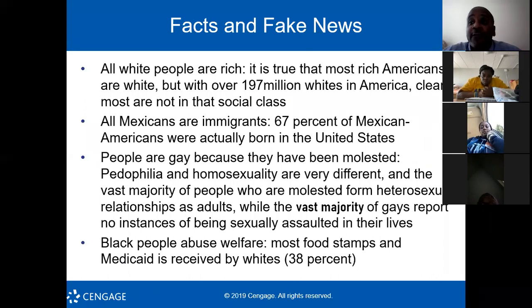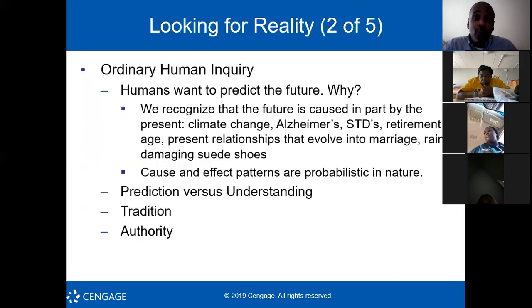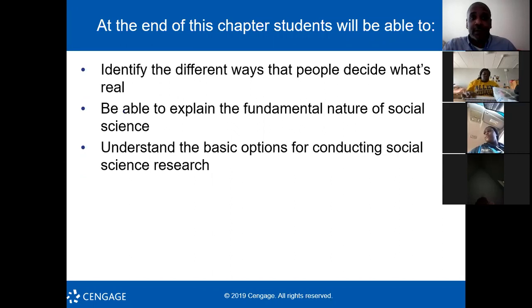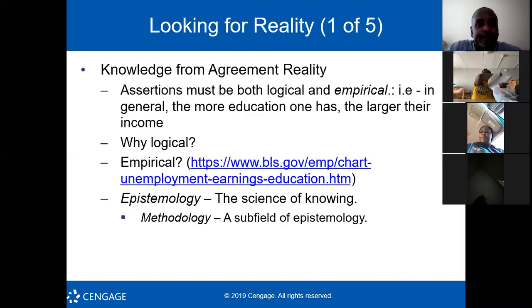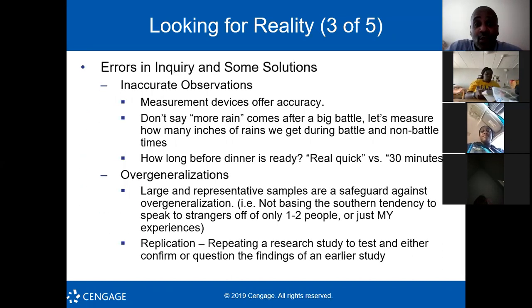What was our first focus in this chapter? What was the first objective when we began this chapter? You can look back. Scientific thinking. And to determine what? Using what? True, but look at the screen. Identify different ways to decide what's real. Oh yeah, what's real? So science is how we use that.